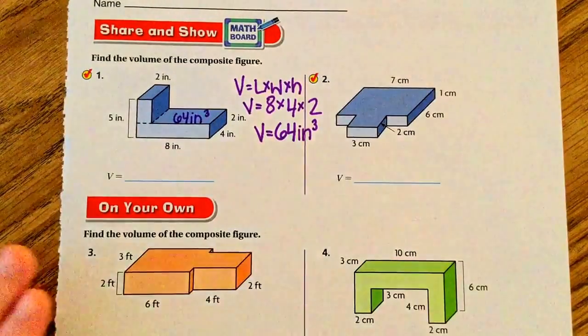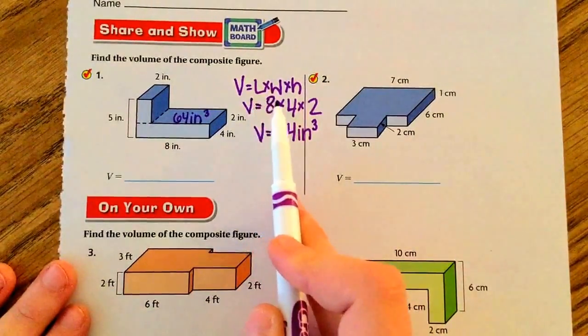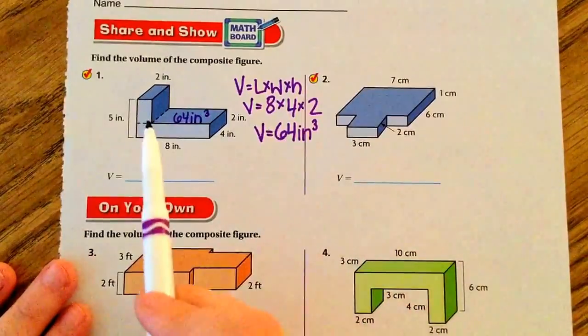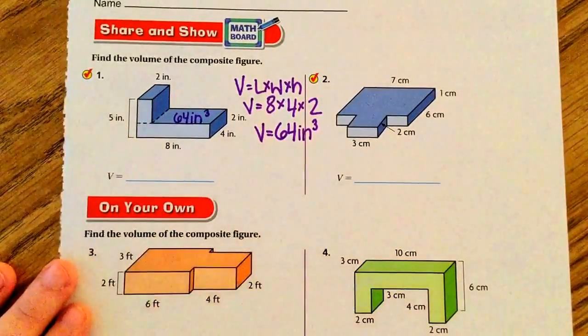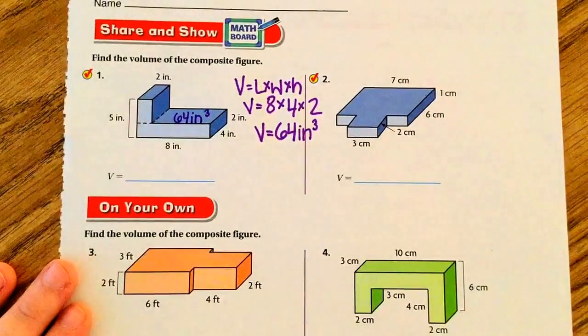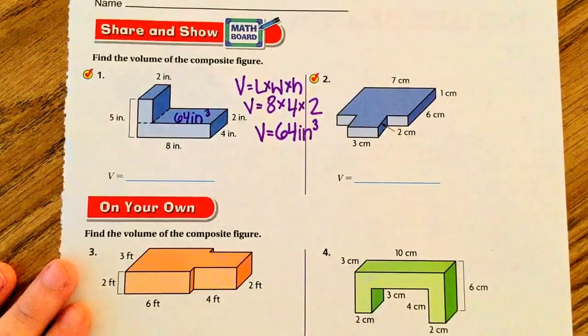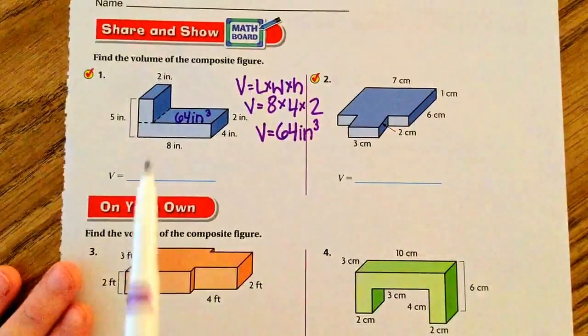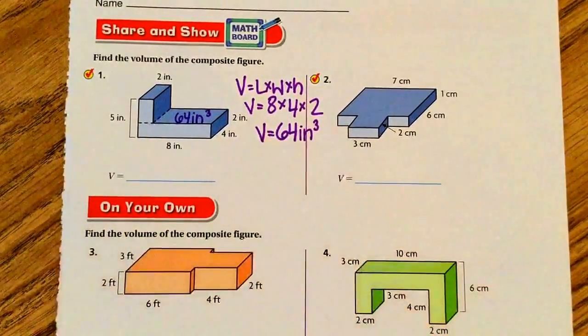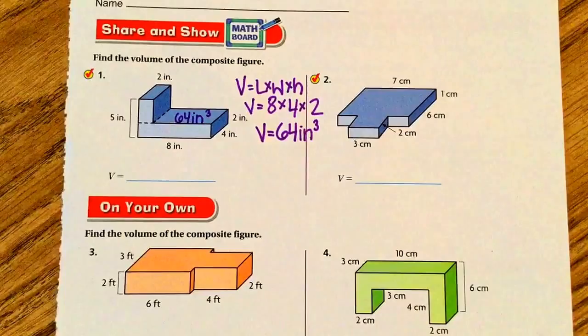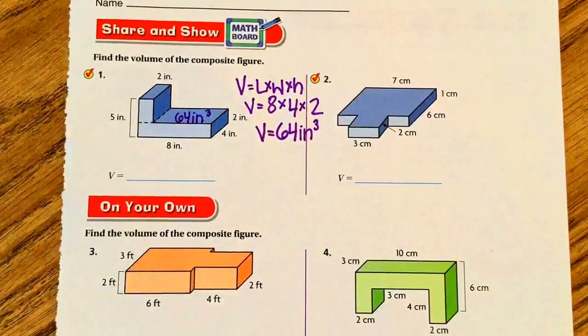The head. So, my formula, length times width times height. What's the length of this? I see 2 inches, yeah. Think about it like this: length is always horizontal, because the length of the wall would be from left to right. The height is always vertical. However tall you are, that's your height. Width is always going to be